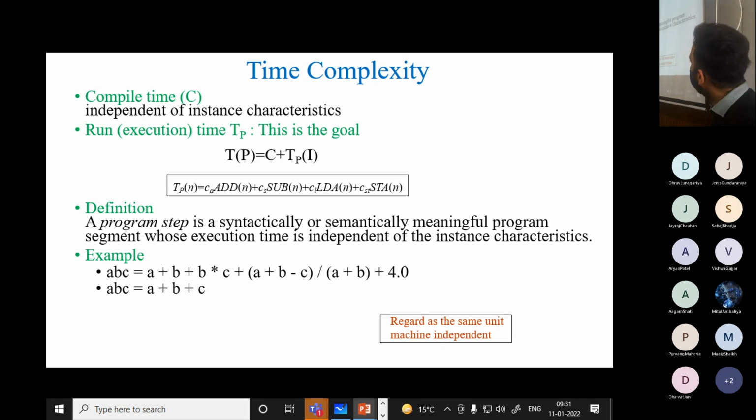Okay, the program step is itself a syntactically correct statement inside the algorithm, and we count the total number of the program steps. The total number जो इसका होगा, that will give the total time complexity of that algorithm. Sure. So जैसे in the previous slide